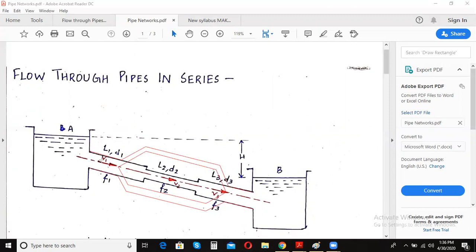See, initially there is one big pipe and then it is getting branched, or divided, into two other pipes. Okay, and then again it is joining and going into reservoir B. So this type of arrangement is known as pipes connected in parallel. There can be other types of branchings also, which we will see in subsequent videos, but for now we will only be discussing the head loss due to pipes which have been connected in series, etc.